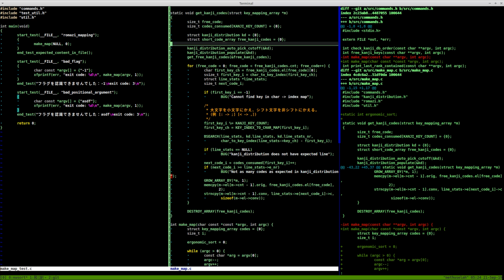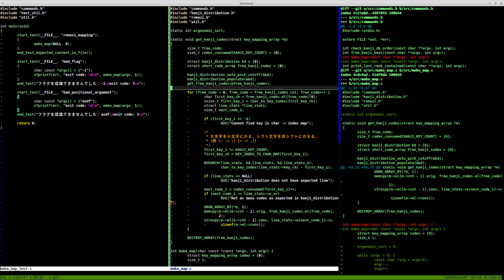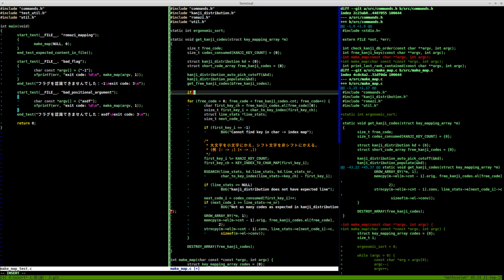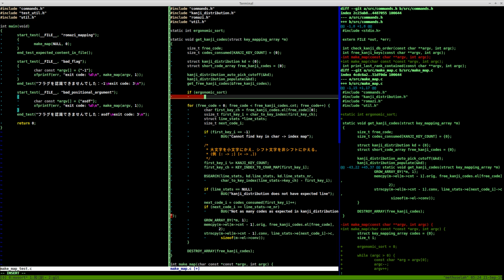Okay. All right, let's keep it for now. So if it is an ergonomic sort, then we need to do a qsort